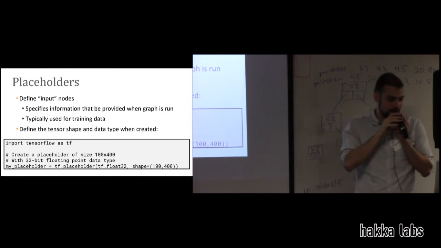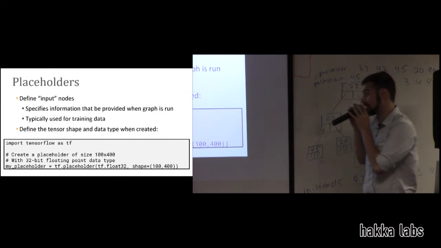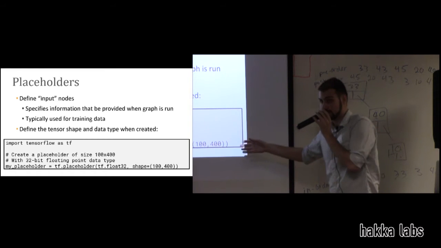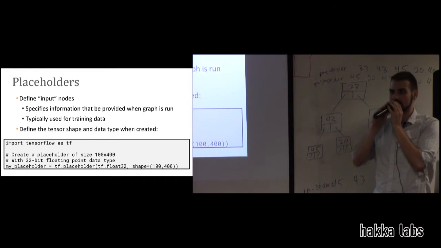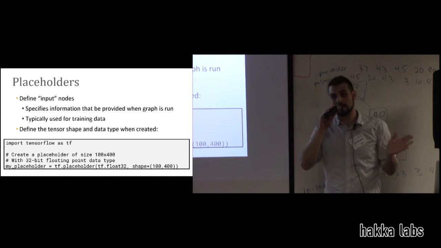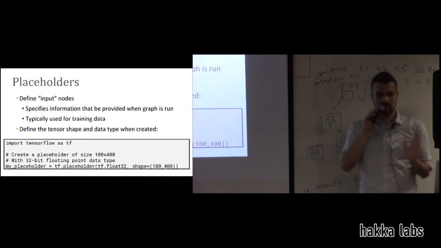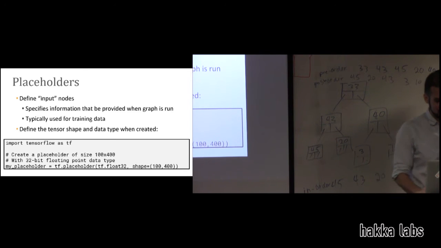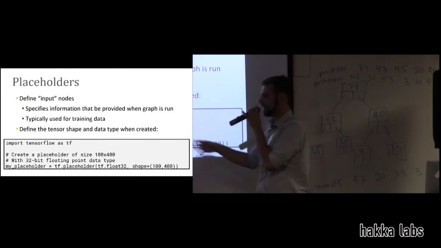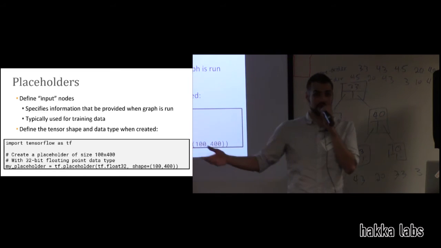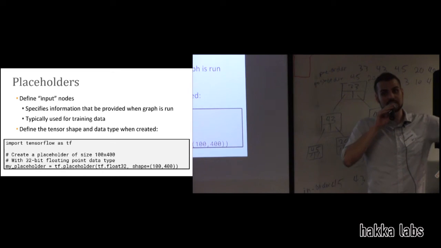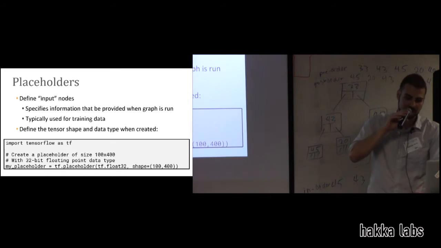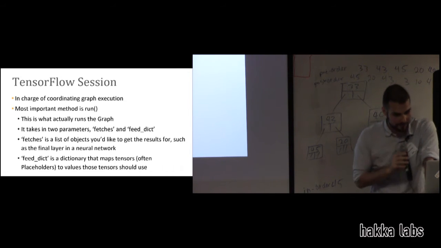So when you create a placeholder, that's exactly what you do. You give it the data type, and you give it the shape. Just as a side note, you can give all these nodes names, which I'll be doing in the live coding demo, as it's good practice. But for the essential things you have to do, you just need to give it the data type and the shape. And then you can use your placeholder as you would any other tensor. You can pass that into an addition operation or a multiplication operation or a matrix multiplication operation.